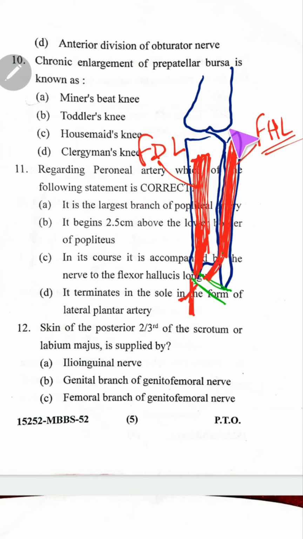Now, you know there will be an obliquely placed, triangular muscle here, arising from the lateral condyle of the femur. This muscle is popliteus. So this artery descending down from the popliteal fossa is the popliteal artery. I'm using the pink color for this. So when the popliteal artery reaches the lower border of popliteus, remember, it divides into